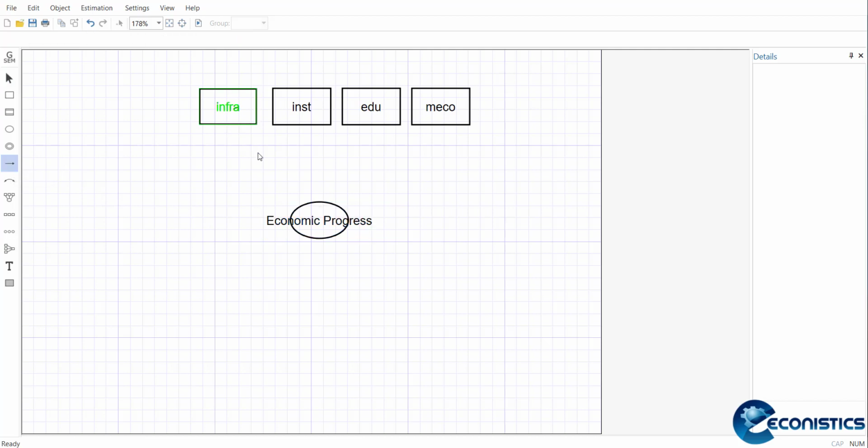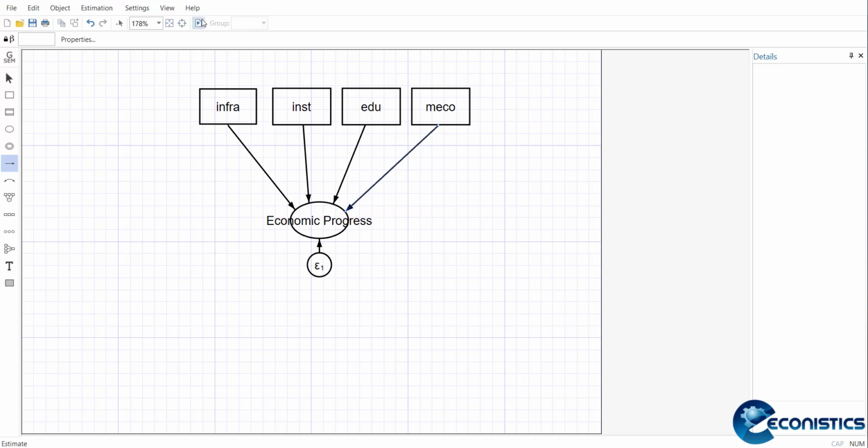Now if this is made, you can just add arrows to make a regression model: independent to dependent, independent to dependent, independent to dependent, independent to dependent. This way 4 independent variables are there and 1 dependent variable is there, but this dependent variable is actually unknown. If you add an observed dependent variable, then it will become a simple regression. But if you add a latent variable within the system, it will go towards SEM. So this is where you can make a system.